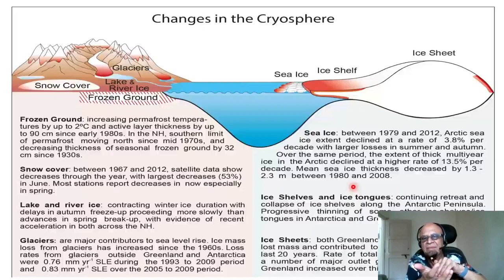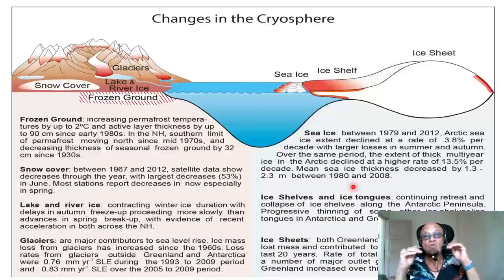And what else is happening? It is also starting to freeze much later in the year and starting to melt much earlier. So multi-year ice, the ice that remains year after year, can get thicker and thicker. Just like on land you can put snow and make it thicker and thicker and grow into a glacier because of the pressure. In the ocean you want ice to remain year after year, which means it did not melt through the summer. It was thick enough and cold enough that the sea ice in the open was able to stay as ice because the temperatures were still not able to melt it away.